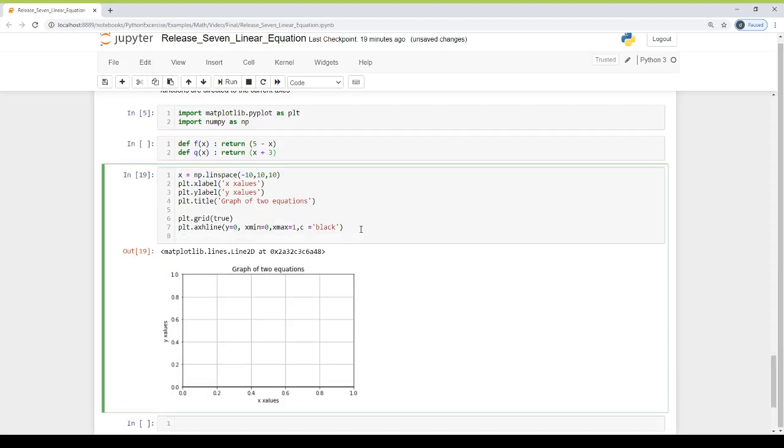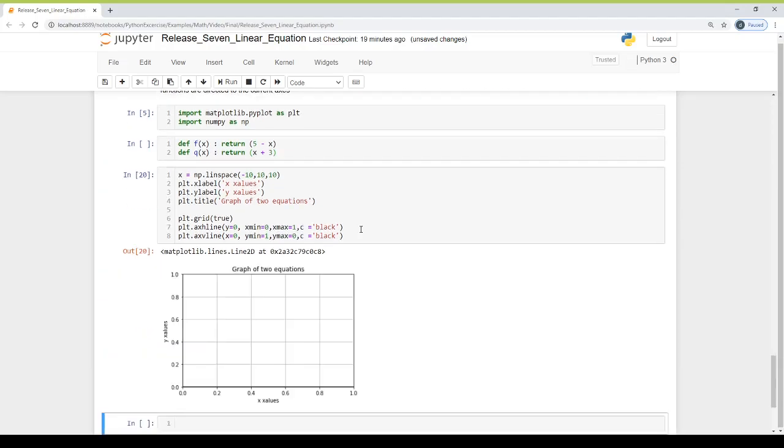Similar way we can draw our vertical line, that is the y-axis. For that we have axvline and x is equal to 0, ymin is equal to 1, ymax is equal to 0, shift enter.